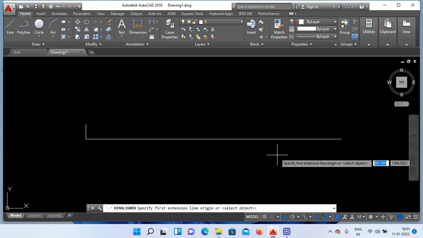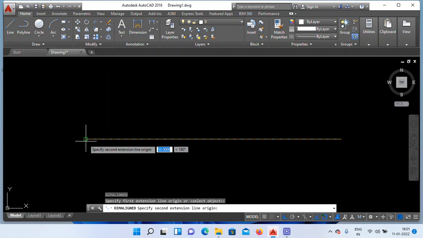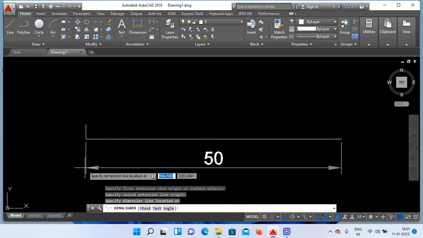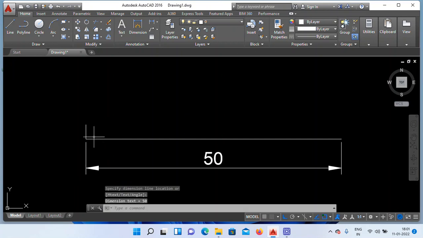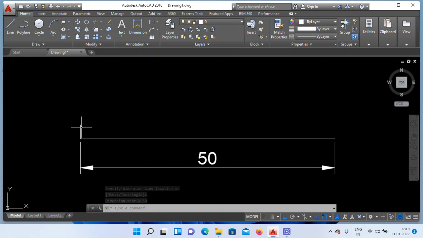Dal, measure whether it has 50 or not. 50, right? 50 meters. I want to copy this line by giving a displacement value of 10 meters.